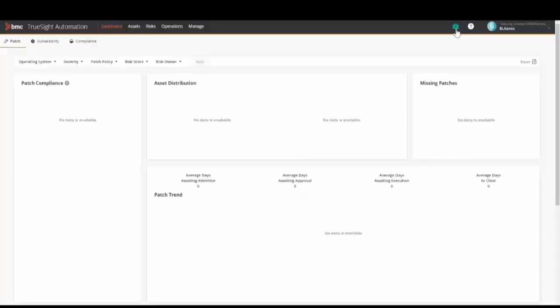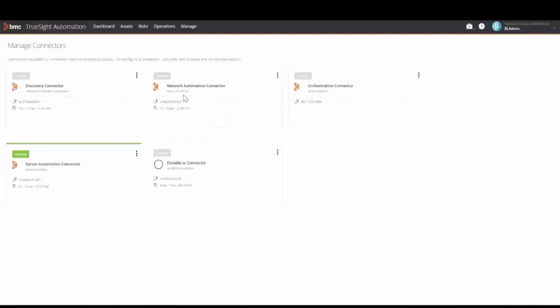Log on to TrueSight Automation Console as an administrative user, example BL admin. Go to connector, manage connector. By default, TSNA connector will be disabled. Click on three dots, edit,